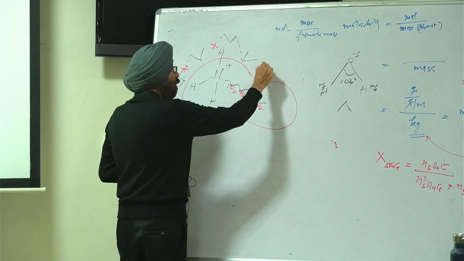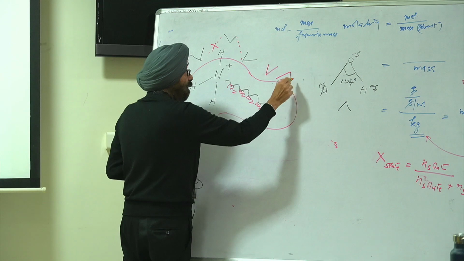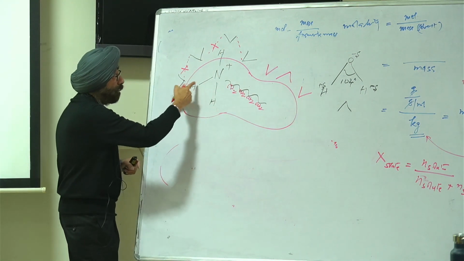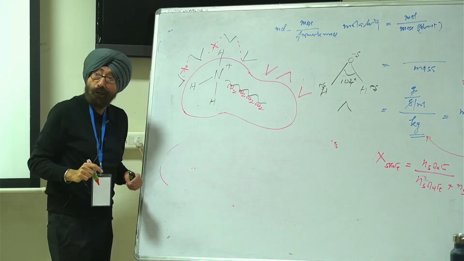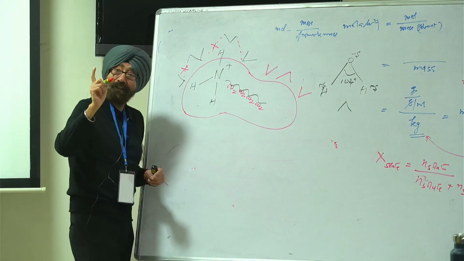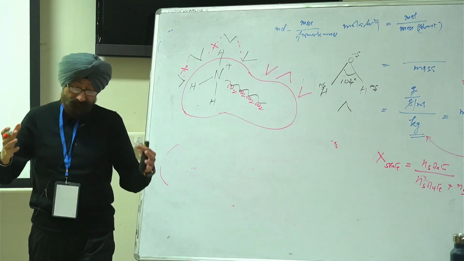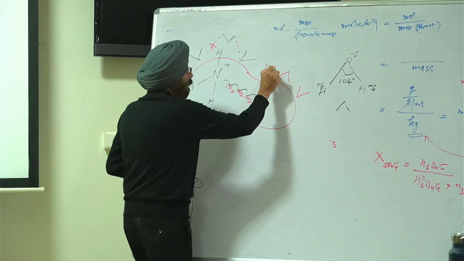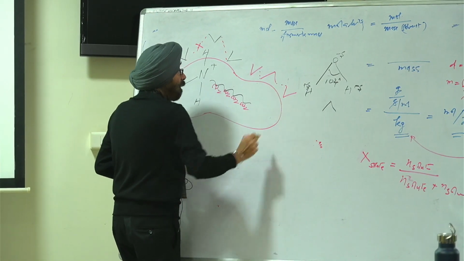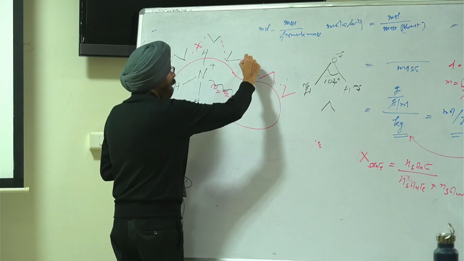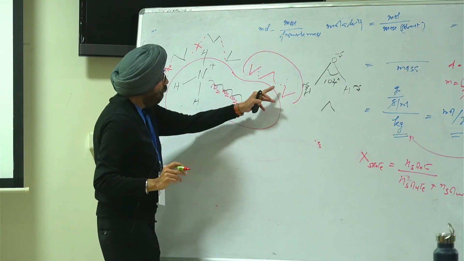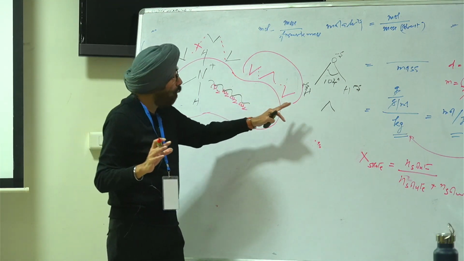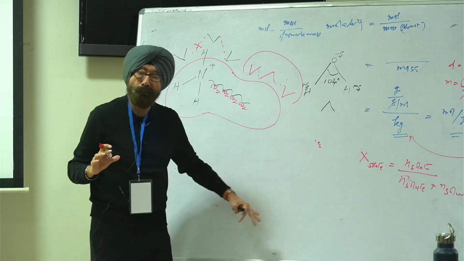The orientation of the water molecule, if I depict it like this, is not the proper order where the negative end is directed towards the positive end. That is not the case, but it's the orientation that helps to strengthen the hydrogen bonding. So here the hydrogen bonding is strengthened, and therefore the blanket of hydrogen bonding which is created over here is much stronger than the rest of the bulk of the water molecules,